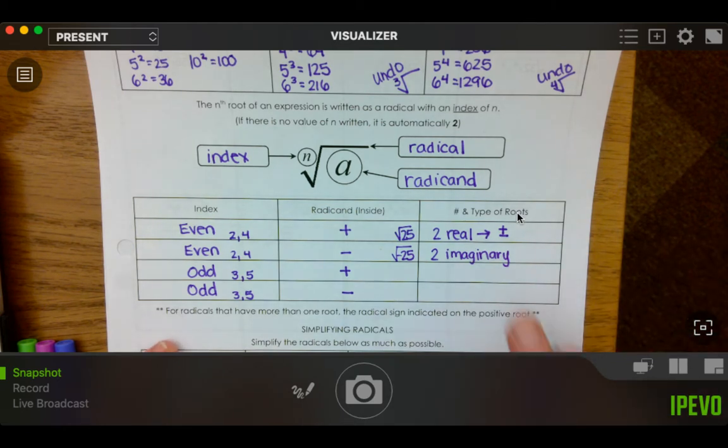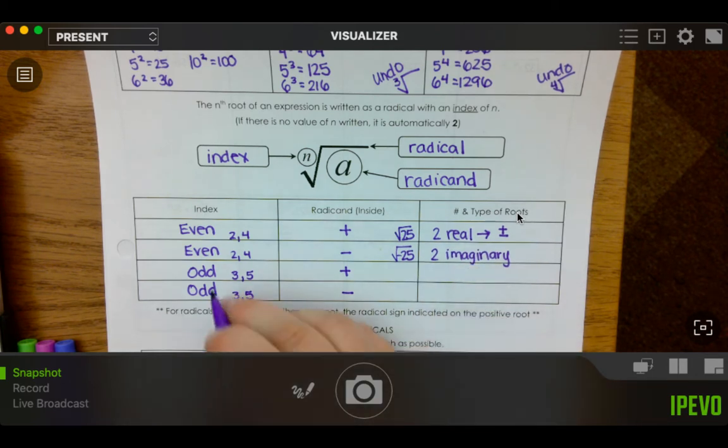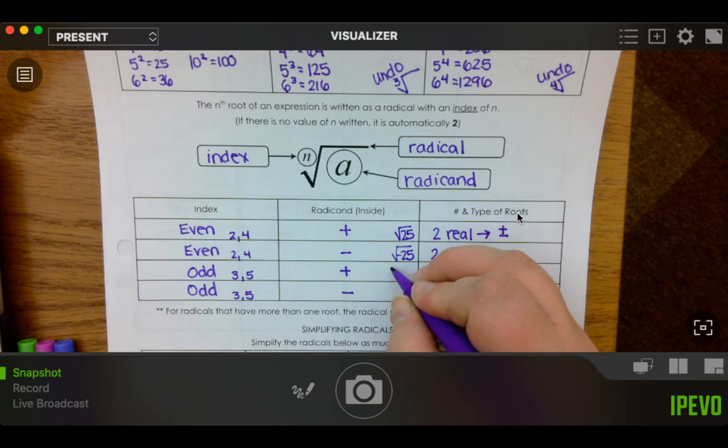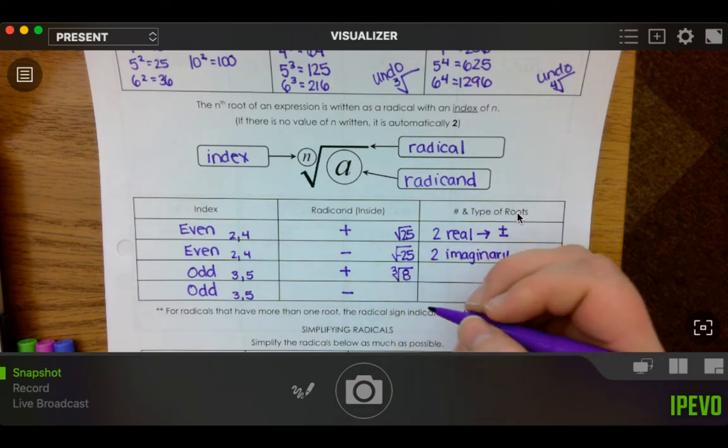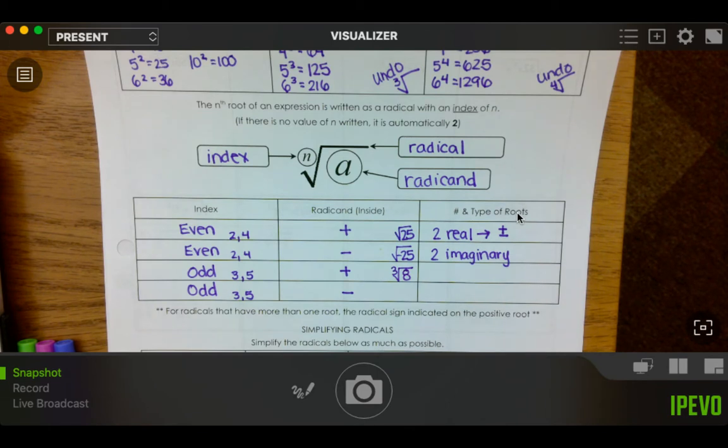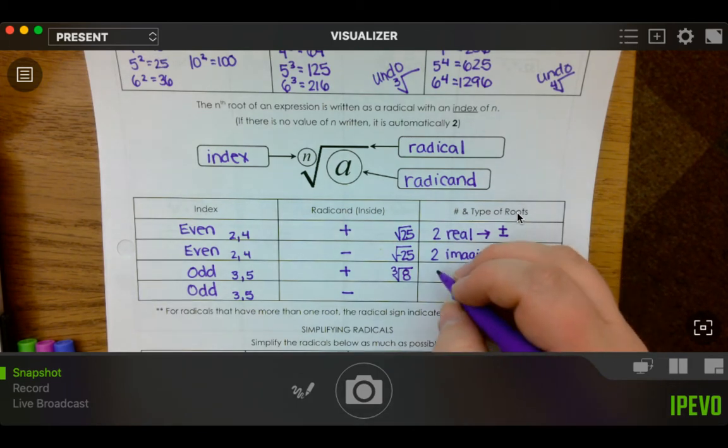We're not going to deal with any of those now. If you have been ready to get rid of i for a little bit, that's going to be in this unit. And then we have our odd ones. So this would be like trying to take the cube root of 8, picking one of our numbers from our perfect cubes list. This is going to be one answer,